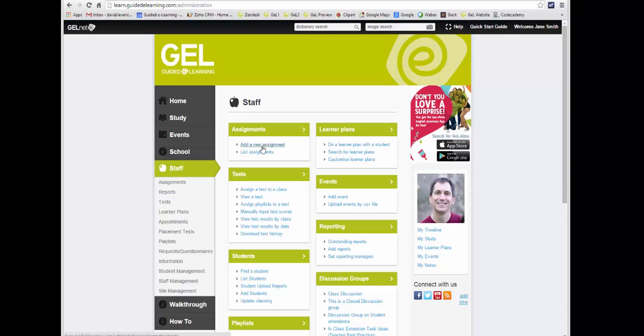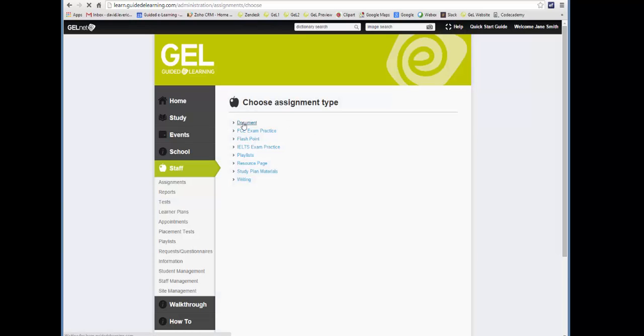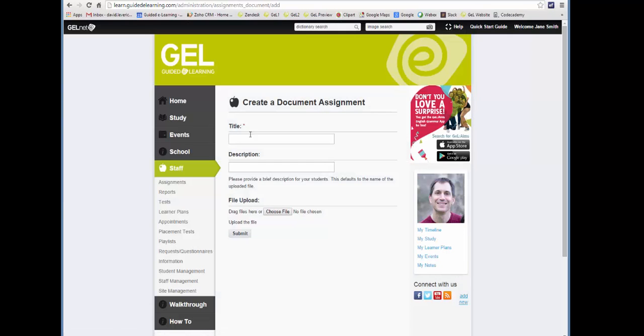You go to assignments and add a new assignment, and what you're after is document. So let's just give this assignment a name. So we'll call this essay 1. And let's use this one that I've made already. Smartphones have a negative effect on society. And you could say, don't forget to use the linking words. Okay, so